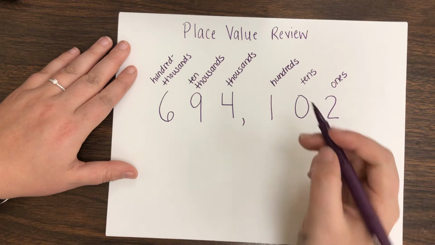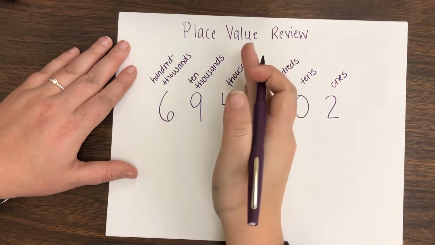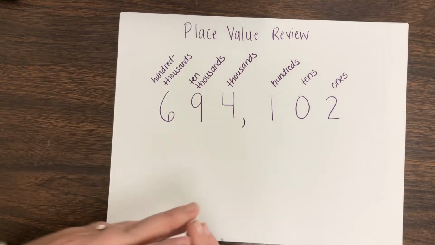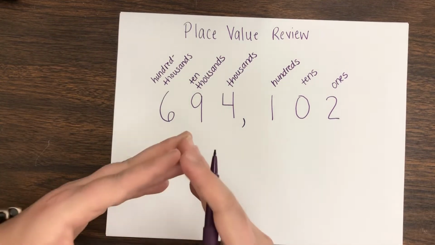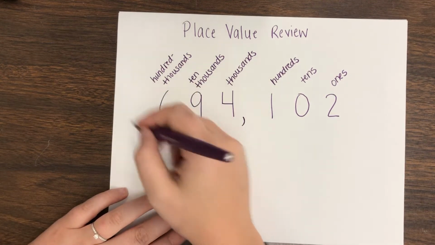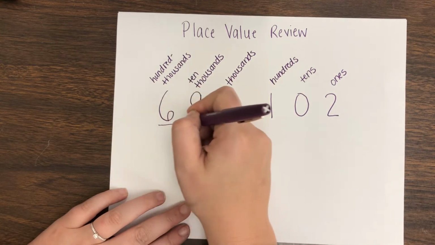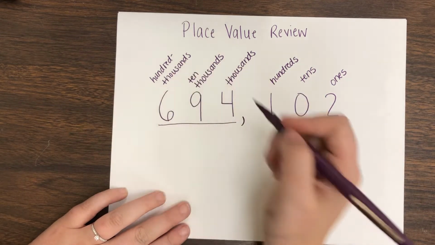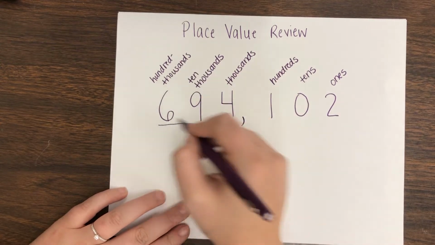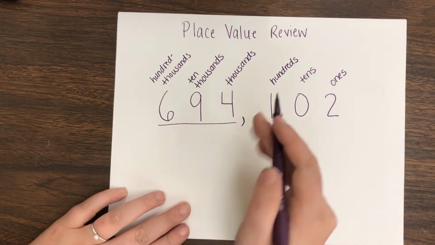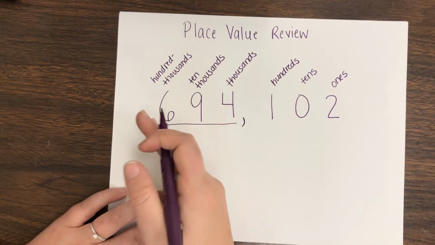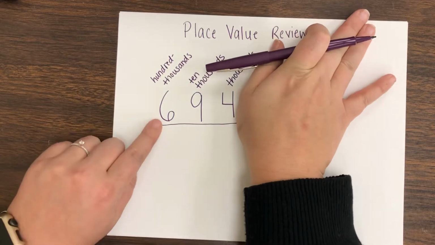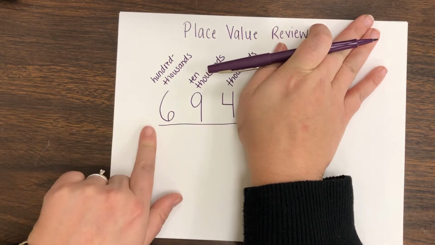And it's very important to remember that this comma karate chops this number into two separate parts. That's actually going to help us when we read this number out loud. When we're trying to read these numbers out loud, we start over here, just like how you read from left to right. We're going to start with our thousands period, and we're going to read this number first. Everything before the comma we say first. So we're not even going to worry about this part of the number yet, okay? We're going to read this 3-digit number right here,